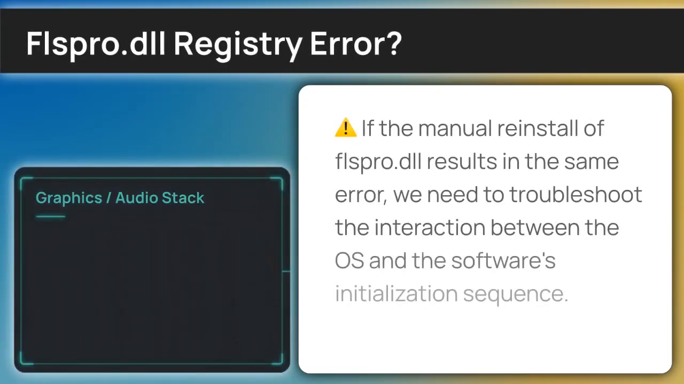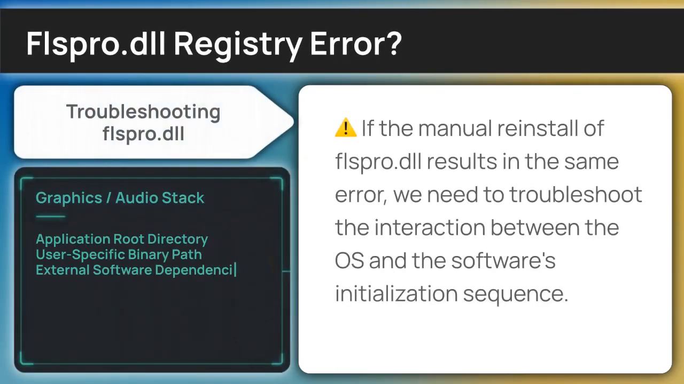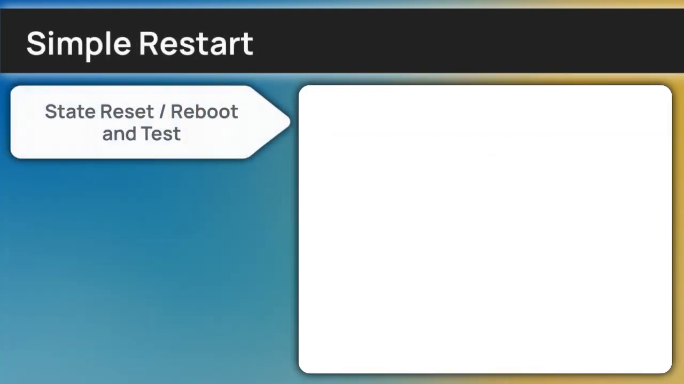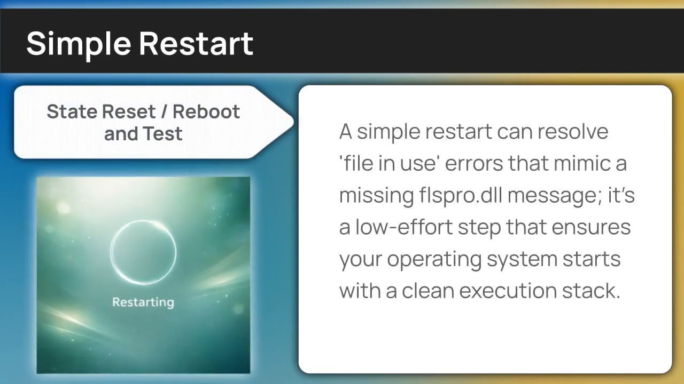If no luck was had with the redistributable package, we will escalate the fix by performing a targeted reset of the system state. A standard restart allows the Windows bootloader to rescan your system directories and potentially recognize an unregistered